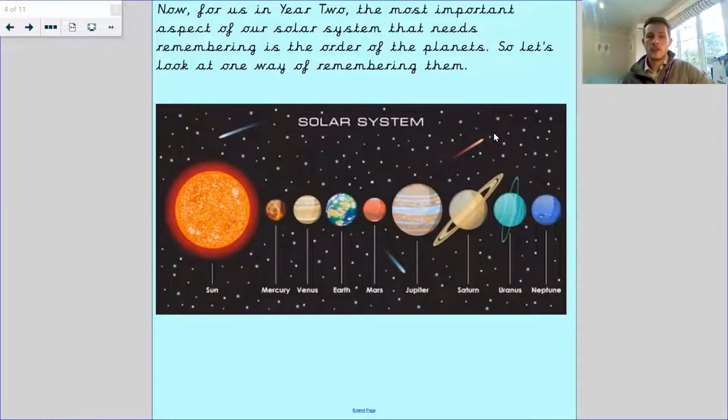So let's move on. Now for us, it's really important in year 2 to understand what our solar system is, and we need to understand it by remembering the order of the planets. So we're going to look at today one way of remembering the planets. I can see I've got a cartoon picture of the planets here. We haven't got a real picture of what all the planets look like, because for us to get a picture looking like this, we'd need a camera so far out in space, and actually it would never look like this, because the planets are always moving at different spots, and they only very rarely line up like that. Okay,